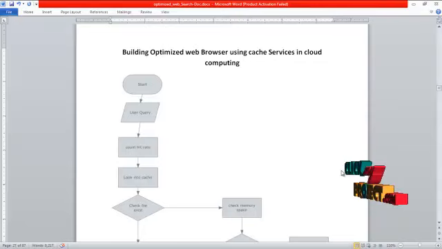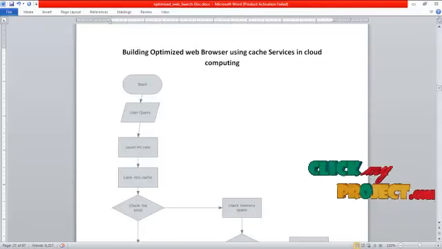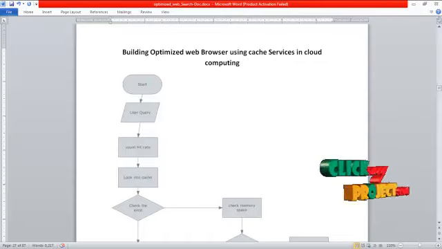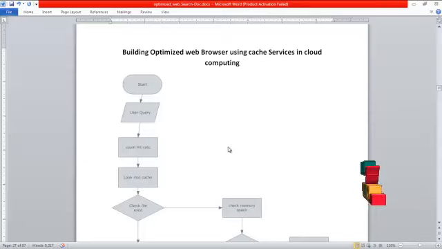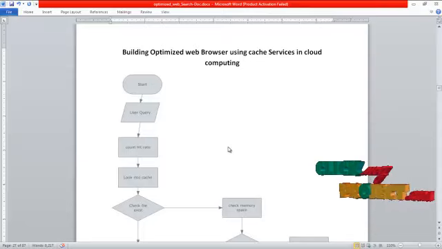The query, like Java or Oracle, a word or a phrase, is fetched from the user. Then the query is forwarded to the meta server. The meta server looks for whether the query is already present in a database, that is, whether the cache memory is already available or not.